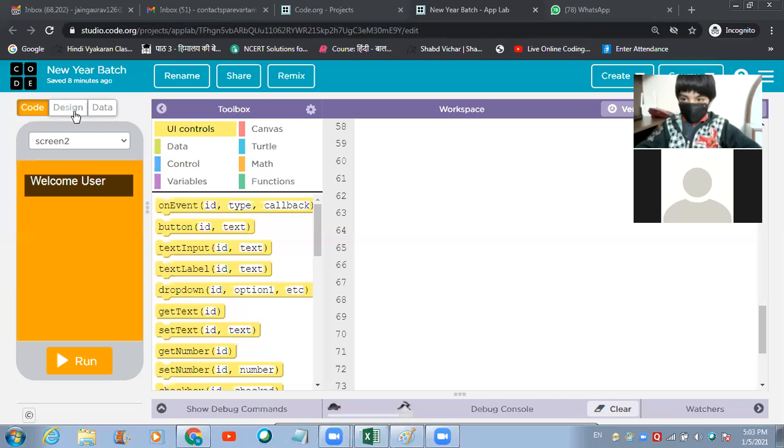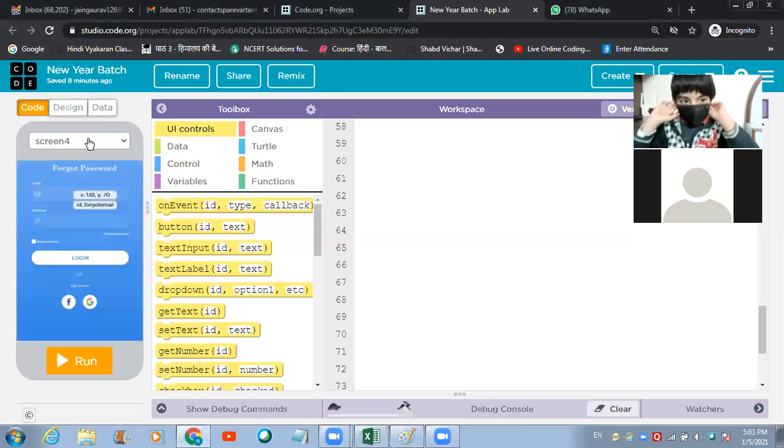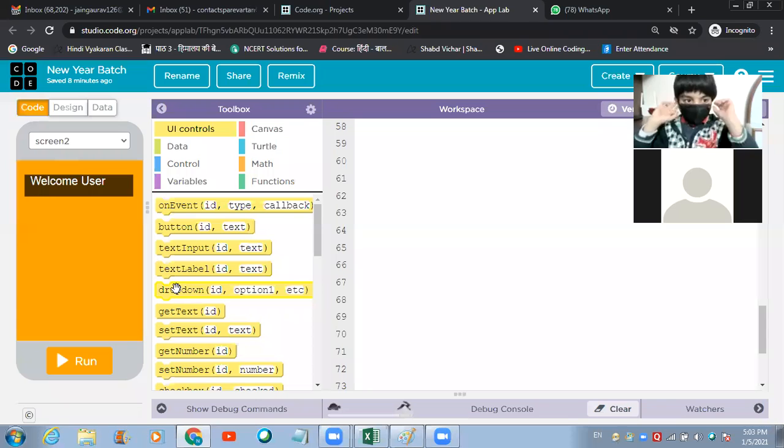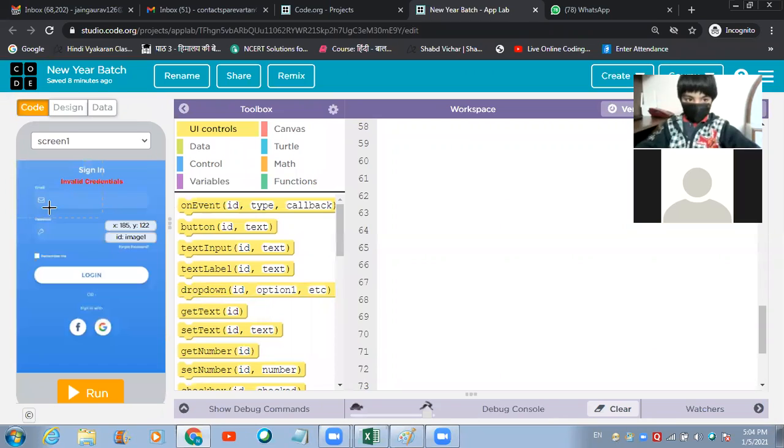So today what we are going to do, we are going to define logout and delete button first on this screen too. We are already done with defining the code for the sign-in screen. We're done with defining the code for connecting this sign-up screen with this sign-in screen. In case the user has already registered his profile on this platform, he doesn't have to put his email address and password over here again. He can just click on this button and he is going to get redirected on this screen one,